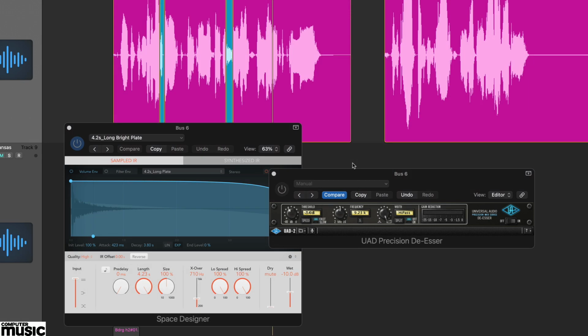Finally, sibilance can sometimes cause problems when we add reverb. There are various ways we can address this, including choosing a different reverb, filtering the tail of the reverb within the plugin, or simply by inserting an EQ after the reverb and filtering the high frequencies, and it's worth trying these options first. However, if you're adding reverb using an auxiliary, one option is to de-ess the input signal to